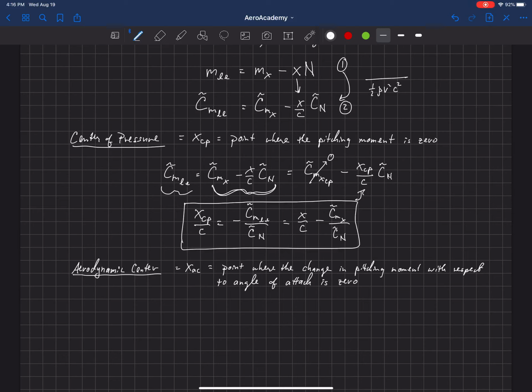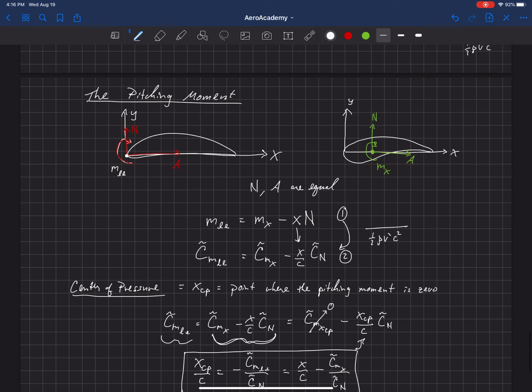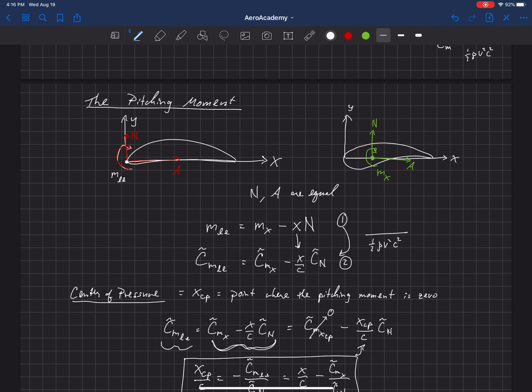Now there's one other point that is very important on an airfoil, and that is called the aerodynamic center. The aerodynamic center, by definition, is the point where the change in pitching moment with respect to angle of attack is zero. So if we come back up here to our drawing of the airfoils, what happens is as we